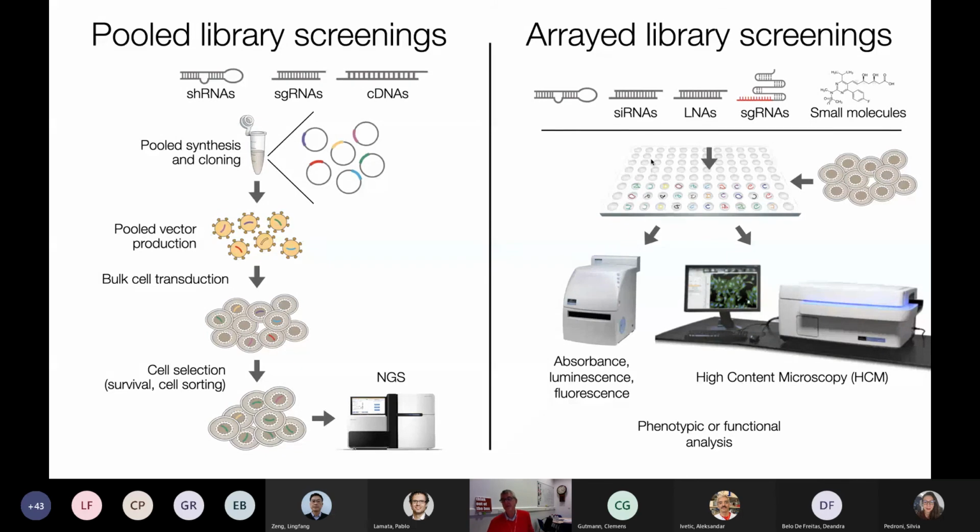Obviously, if the libraries are big, then you have to screen them robotically. So you have to have a robotic machine that dispenses and does all the assays. And then you have 2 ways of reading the outcome. One is by lysing the cells and then measuring absorbance, luminescence, fluorescence, according to a reporter gene you have in